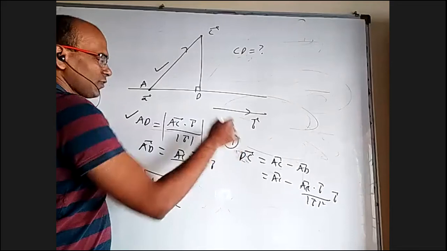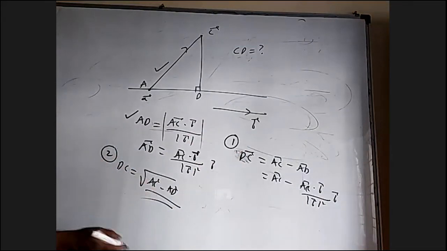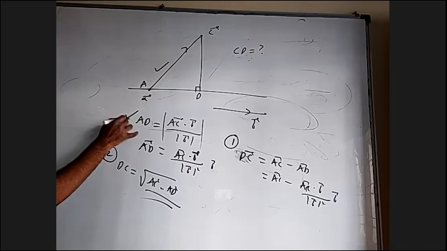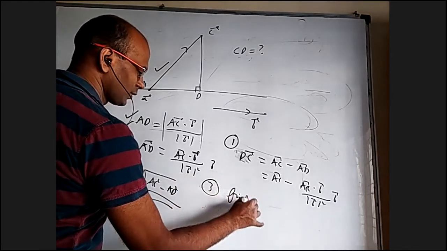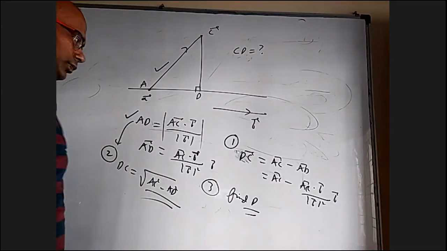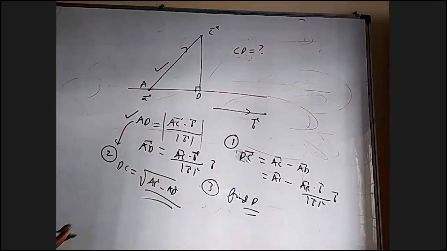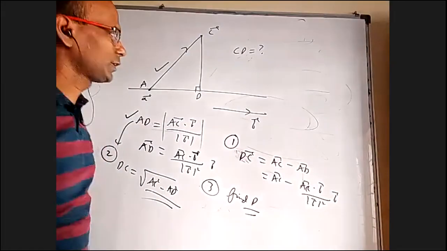So this is method 1, where you find DC bar and then find the magnitude of that. This is method 2, where you use Pythagoras theorem after finding this length only. That is this and this together is the second method. The third method is to find D itself, that is already discussed, how to find the foot. Anyway, you can do it. I am not saying use this method, but I am going to show one more method.